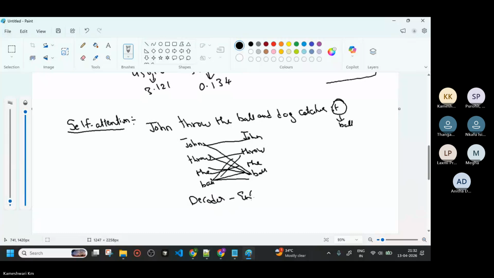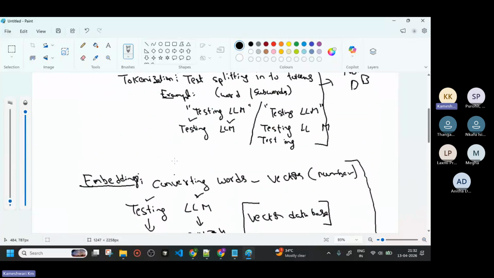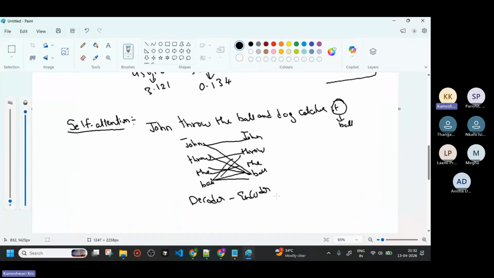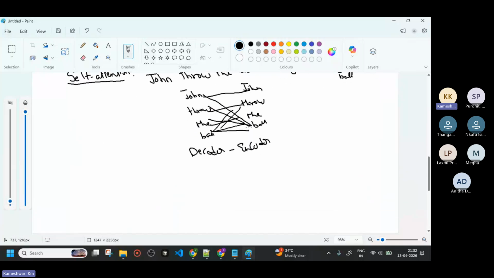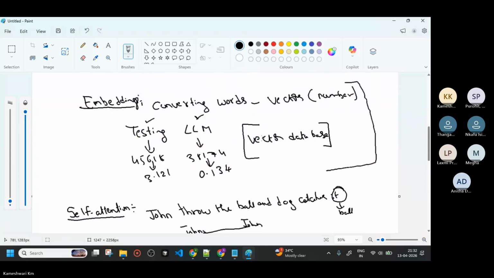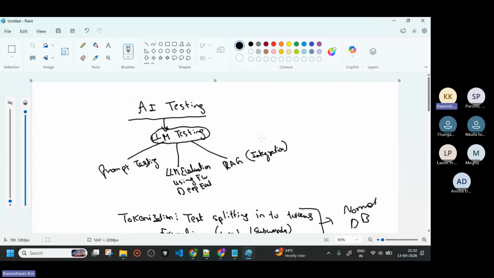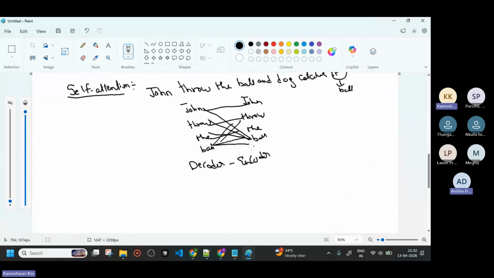Decoder, encoder, which is nothing but what we have discussed, the embeddings. This is converted, and finally with the help of self-attention, it is going to give the answer through the LLM. So, till now, are you clear? Or is it confusing? I didn't get the decoder and encoder part. Can you just explain? Okay.